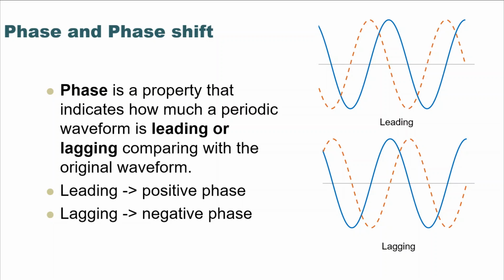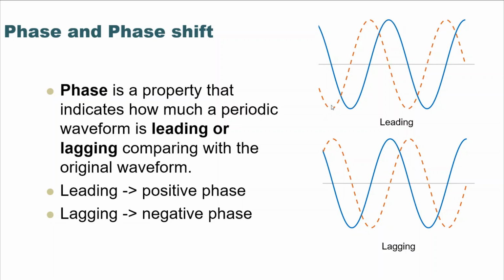Before doing activity 3, we need to talk about phase and phase shift. Phase is a property that indicates how much a periodic waveform is leading or lagging compared with the original waveform. For example, if my original waveform is a cosine function, which is the blue one here, then another